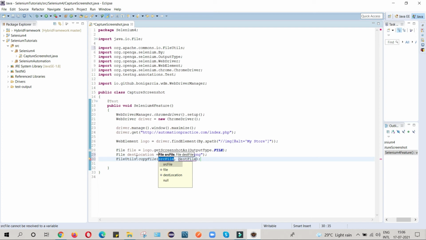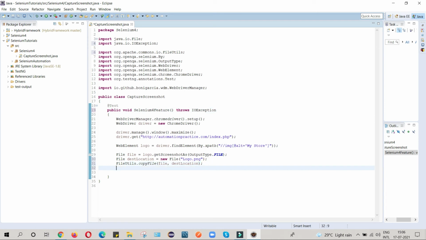My source location is my file, so I just copy and paste that file name here, and the destination location is this. This is showing some error, so we need to provide exceptions.